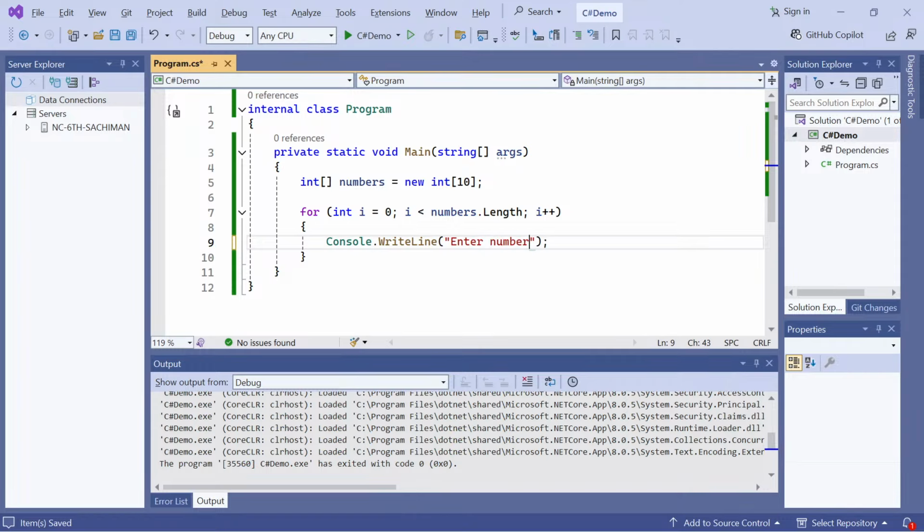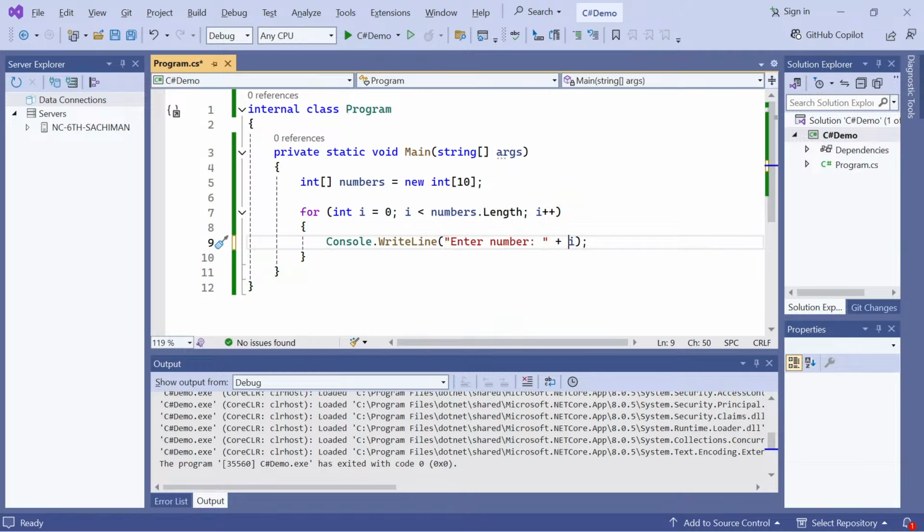Normally, because this is going to be repeated, we want to say enter the first number, like enter number 1. So how do we do that? Let's just use this variable i. If you say enter number here and you put an i there, with plus for string